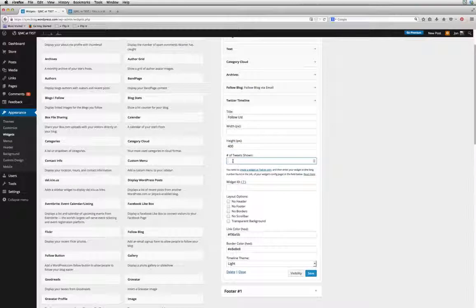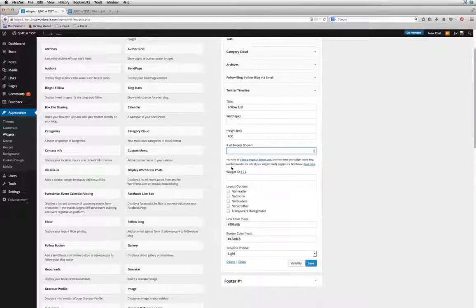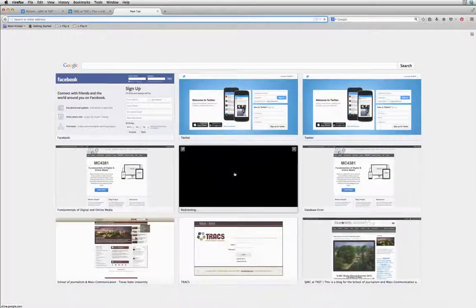Now, you could list the number of tweets that you want to be shown. If you only want 5 tweets to show, you'd put that in there. If you just left it blank, it'll just go to default. Now, it's asking for a widget ID here, and this is kind of tricky to find. So what you're going to have to do is you're actually going to have to go to twitter.com